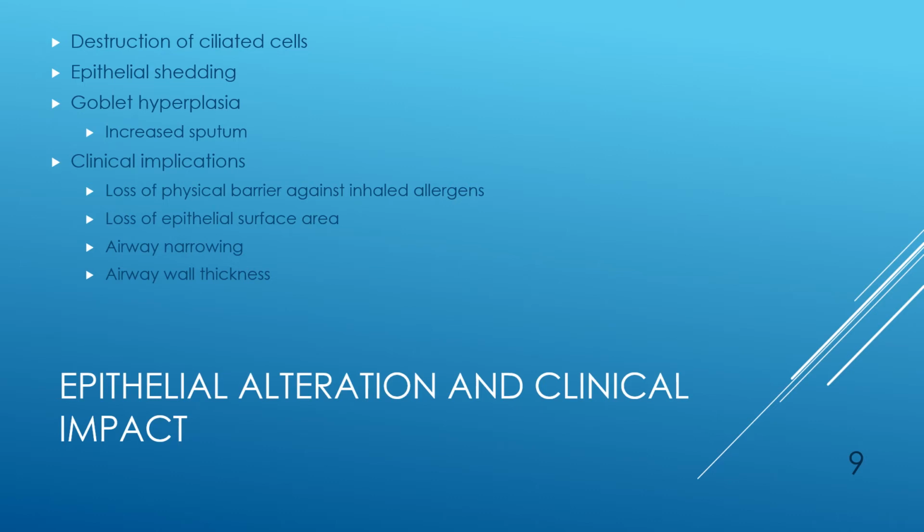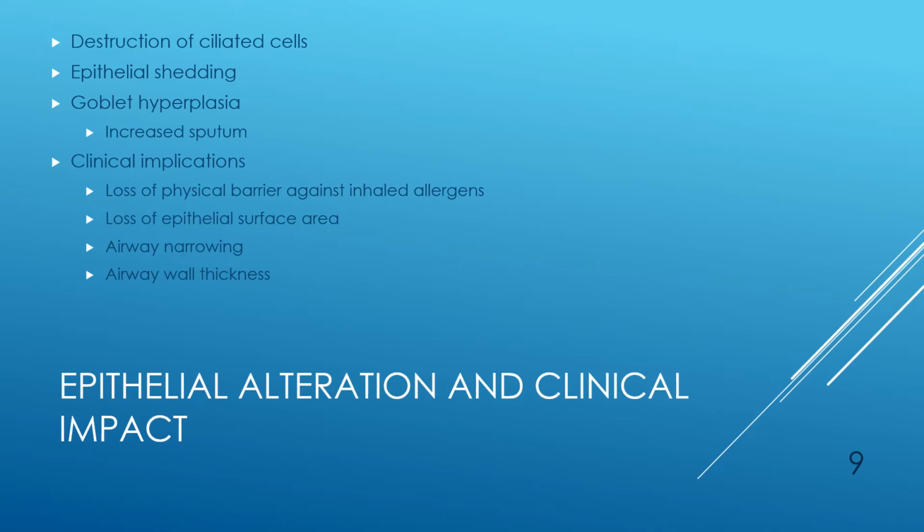Let's talk about the epithelial alterations and clinical impact. What I mean by epithelial alteration is I'm talking about your columnar cells. Your columnar cells are the cells that are just under the mucus of your airway, and on top of these columnar cells you have your cilia. The role of cilia is to mobilize the mucus that is in your lungs. The role of mucus is to